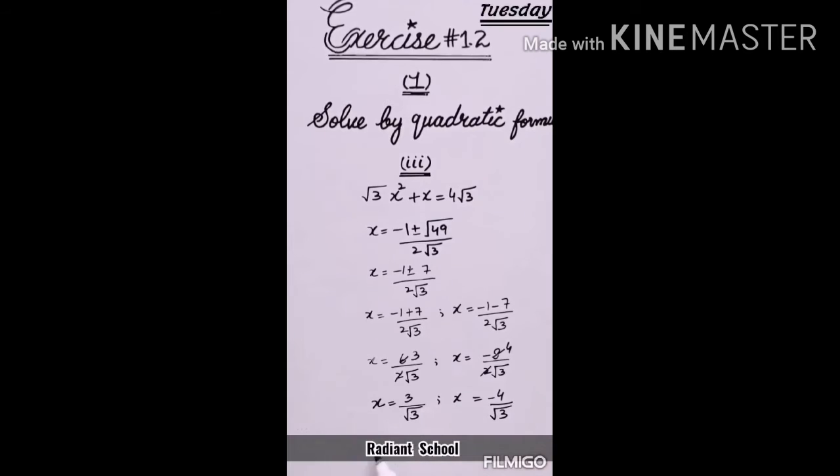Because of this square root of 3 in the denominator and in the numerator there is a 3, any number can be written in the form of square root times square root. 3 can be written as square root of 3 times square root of 3, and 4 can be written as square root of 4 times square root of 4. So we have written 3 in the form of square root 3, so that one square root will be cancelled from here. There is no need to write 4 in the form of square root 4, because in the denominator there is square root 3. It will not be cancelled, so we will leave this as it is.